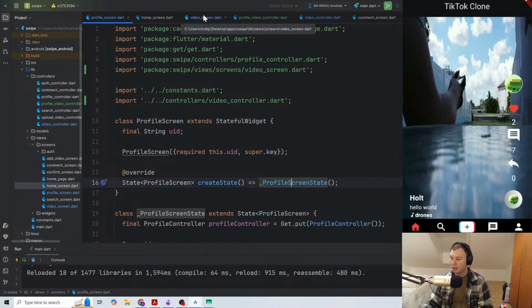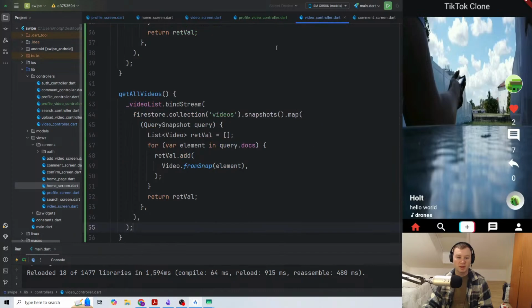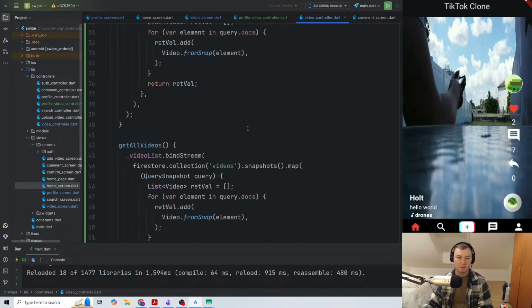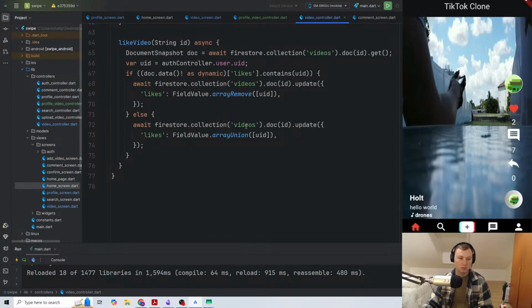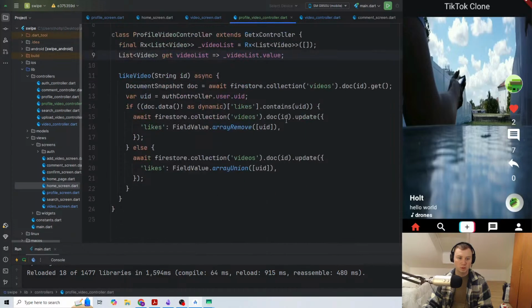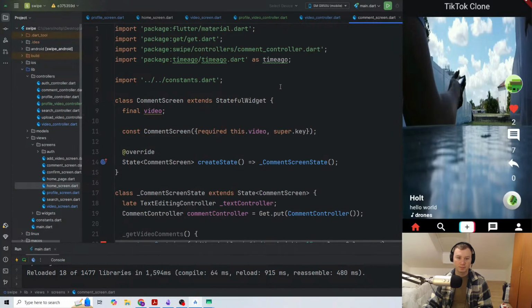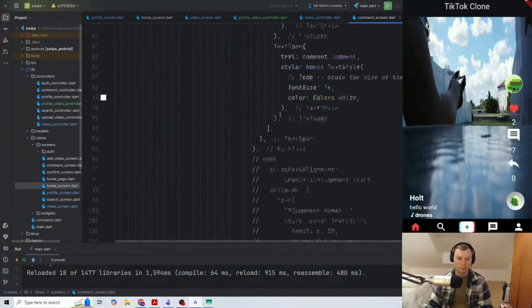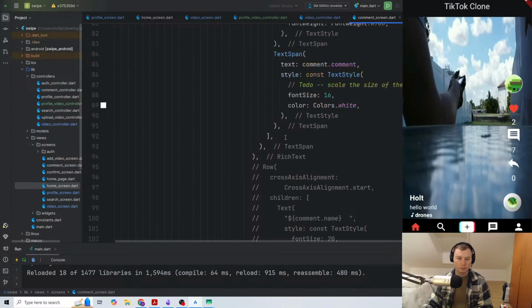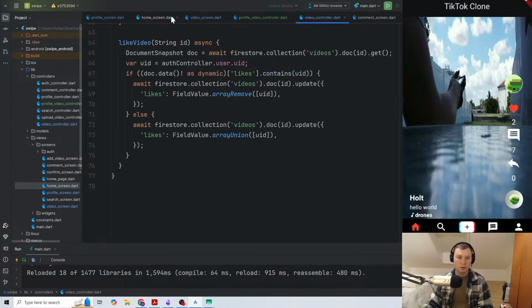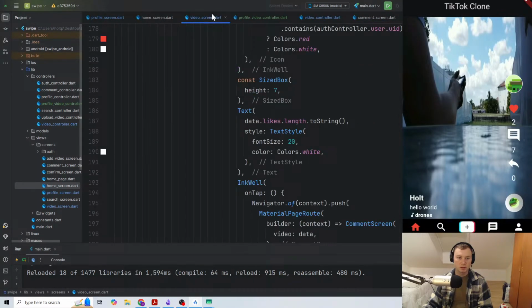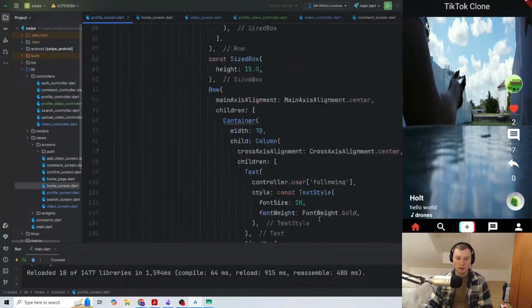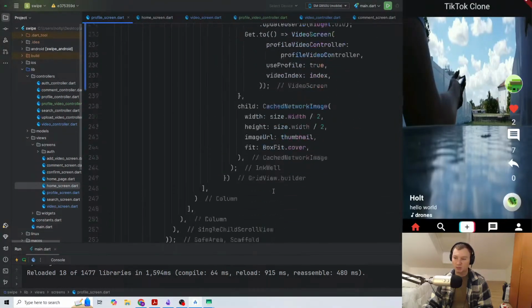Okay, so then, oh man, this is gonna get really expensive. So we want to go into the profile screen. And when we submit something,